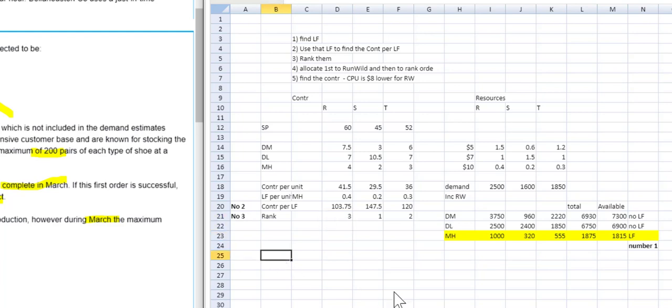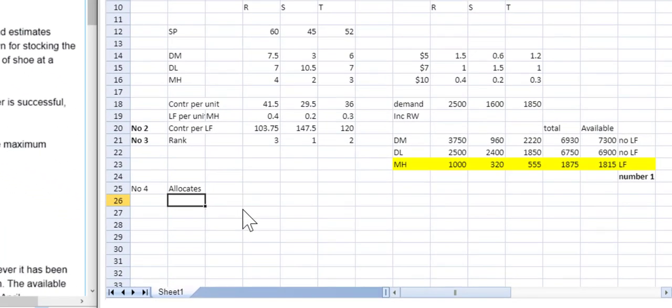So now, remember, we're going to allocate. So remember, that's number 4. So we need to allocate to Run Wild first. So Run Wild for road, spikes and trail, they need 200 each. So that's how many units they are. And road shoes take 0.4, 0.2 for spikes, and trail is 0.3. So therefore they require this much resource if you times them out,